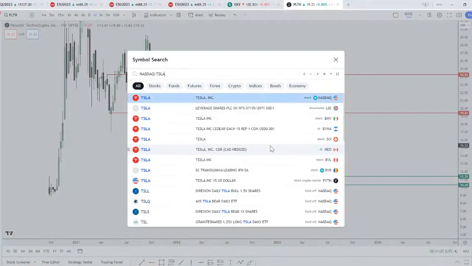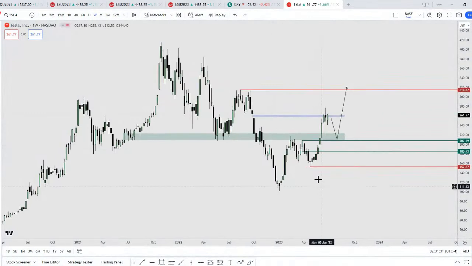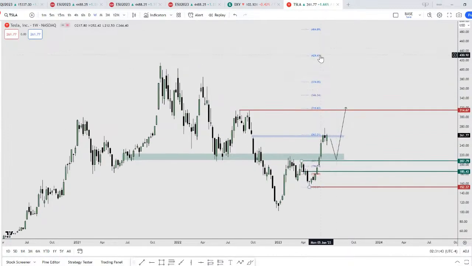Let's do one for Tesla. I think I missed out on that. For Tesla, maybe I'll use this. Right now we're in one. 2 and 2.5 would be above, 4 would be new all-time highs. I think that's likely if Bitcoin is to continue bullish,